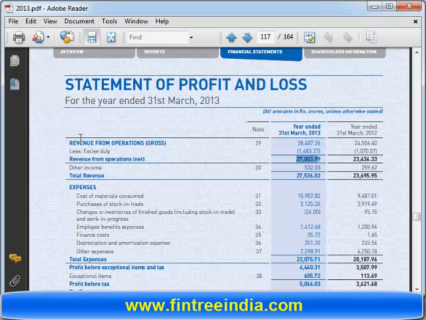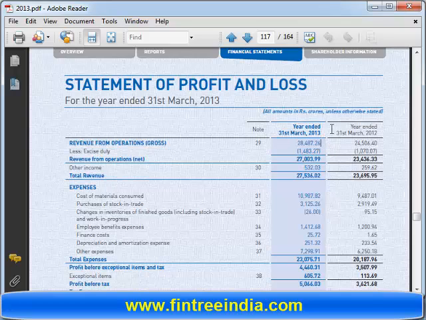How do we calculate fixed asset turnover ratio? Yes, write down the formula. Fixed asset turnover ratio is equal to sales divided by fixed assets. So for the purpose of this ratio, let's use the gross revenue. So your numerator is